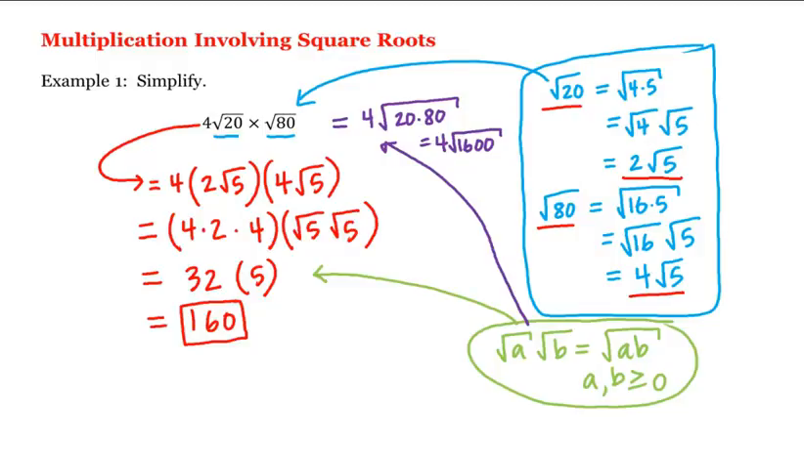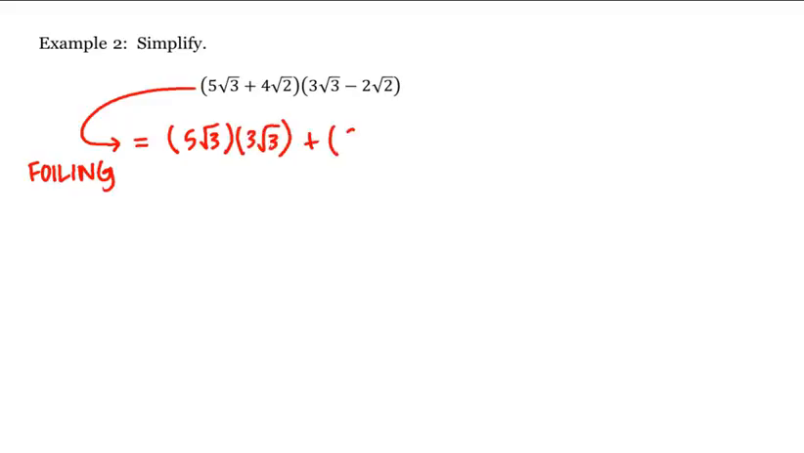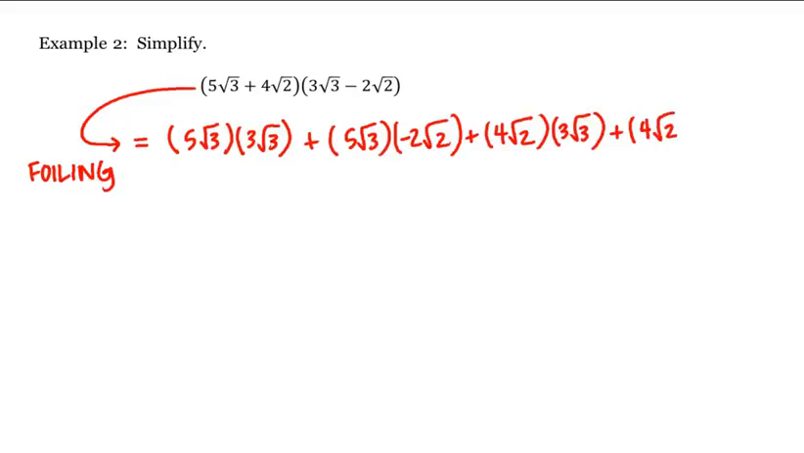All right, let's look at another example. Let's simplify this. What we'll do is we'll begin by foiling. That is, this is equal to 5 square root of 3 times 3 square root of 3 plus 5 square root of 3 times negative 2 square root of 2 plus 4 square root of 2 times 3 square root of 3, and finally plus 4 square root of 2 times negative 2 square root of 2,